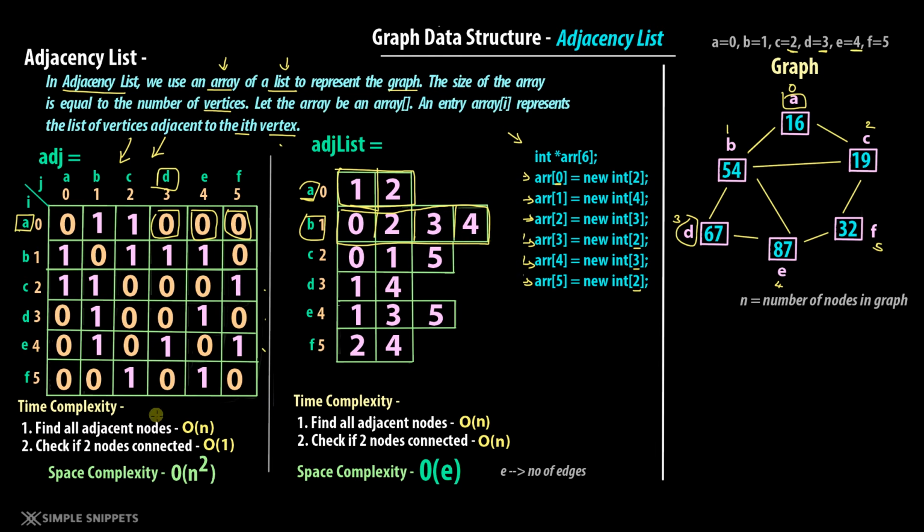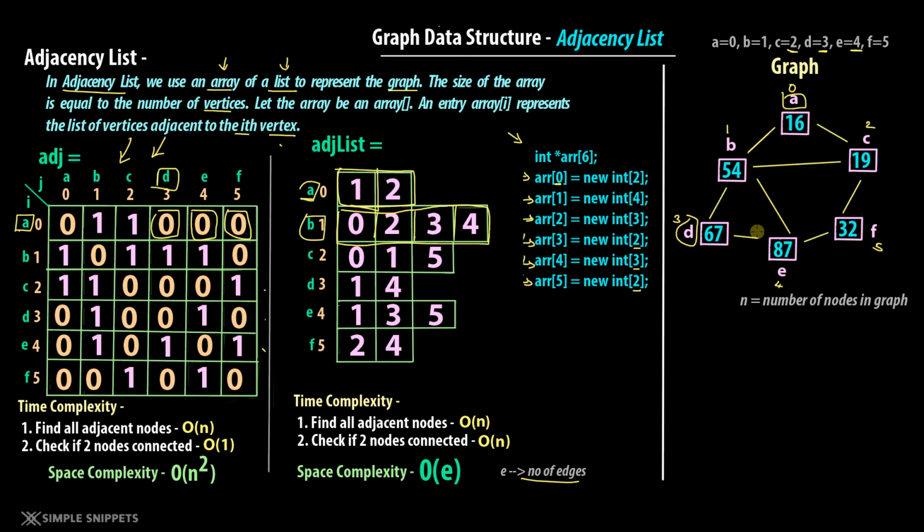So this is where, if you observe on the space complexity side, the space complexity of the adjacency list generally is O of E, where E is the number of edges. Now we are assuming that generally graphs have a limited number of vertices and the number of edges is very small. So not every vertex is always going to be connected to every other vertex, right? Typically in a real world